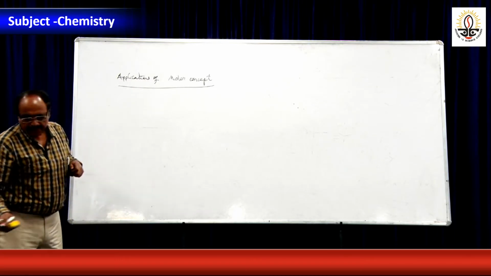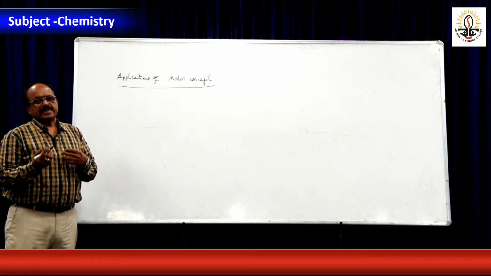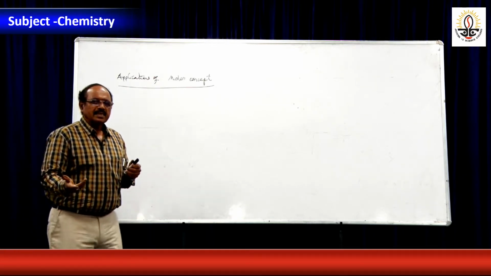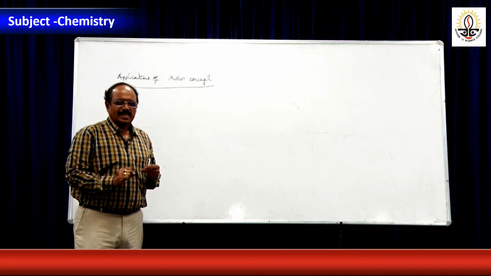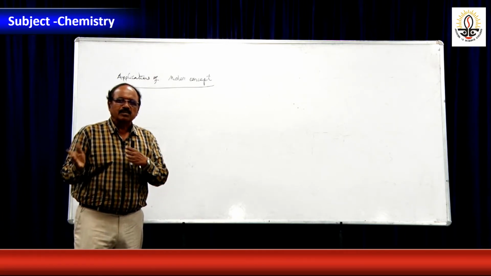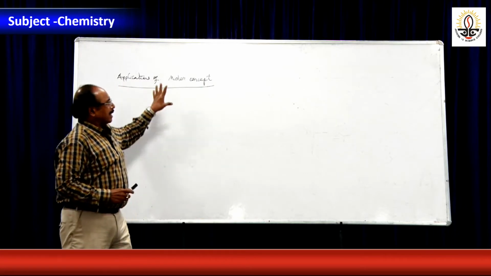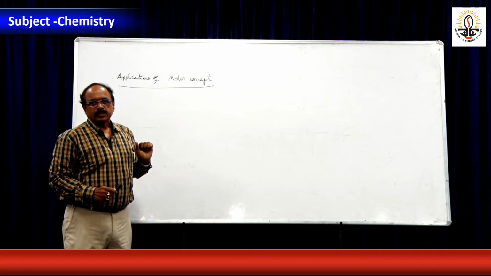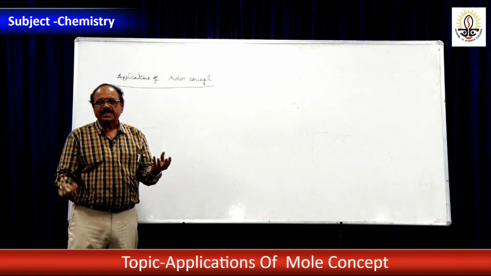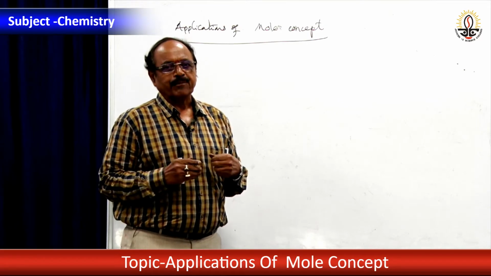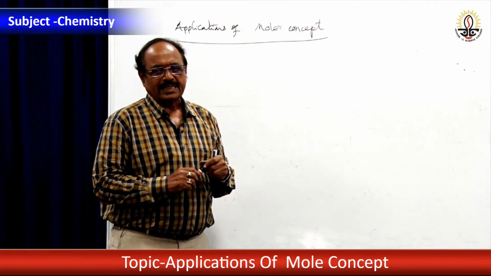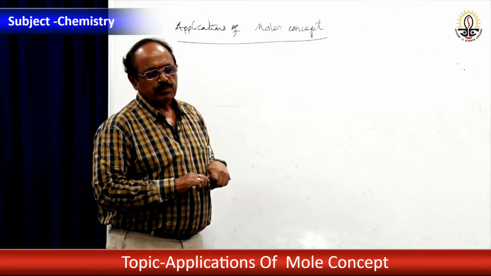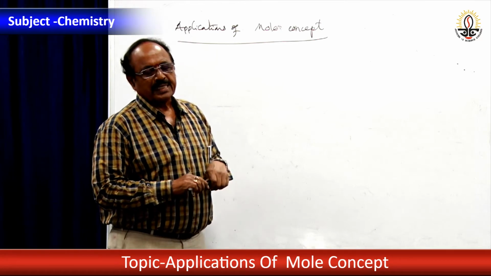Exactly this mole concept, when it came at that time, the science was not developed so much. Now the equipment is there, you take a substance, put it in the equipment, it will give you everything, weight, volume, everything can be known. But at that time nothing was there, only thought and mathematics. So, taking the thought and the mathematics, the science was developing. Experimentally nothing was known at that time. Now also it is important for us, because we can use this for calculations.